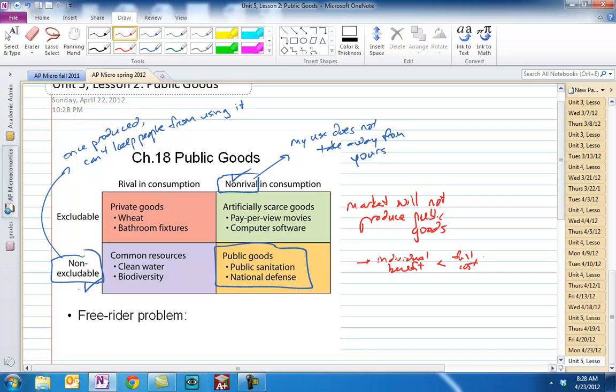Same with national defense. I wouldn't pay for all of national defense. That's kind of a ridiculous example. But the individual benefit of these things is less than the full cost, so no one individual is gonna pay for them. And since they're non-excludable, you get what's called the free rider problem: once produced, if everybody can use them, then people will just wait for others to produce them and then free ride on the backs of those who have paid. So since they're non-excludable,